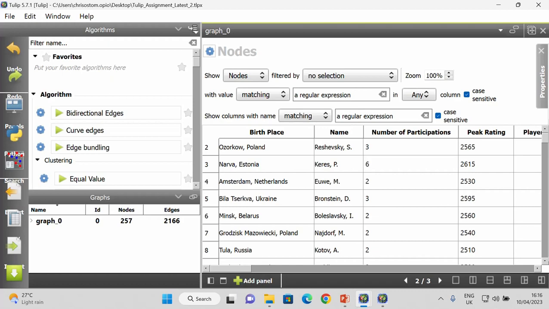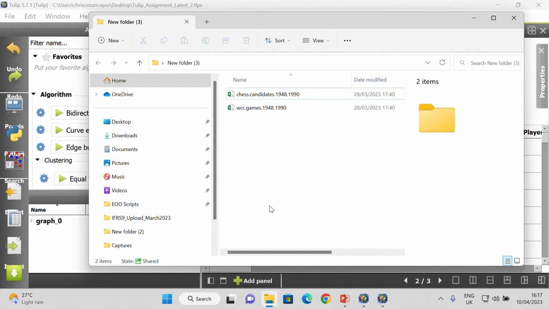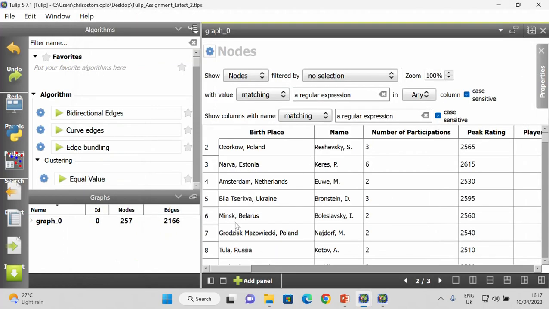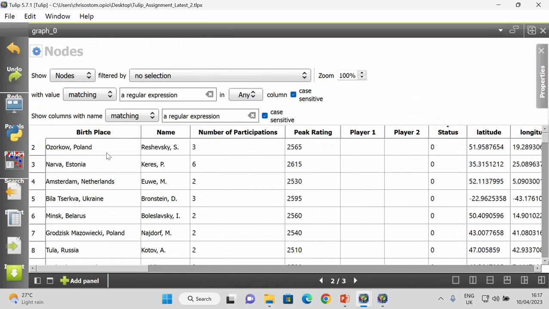In this scenario, we are looking at network analysis in the context of data visualization. The data set that we're going to use is the world chess champions, from 1948 to 1990, which we downloaded. As you can see, we are going to use the Tulip software, and I've already uploaded that dataset in the software. So when you look at the dataset, it has